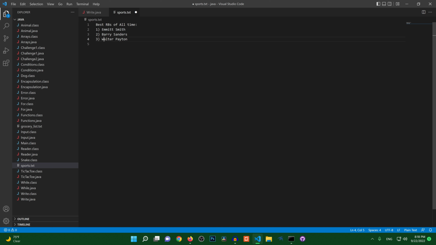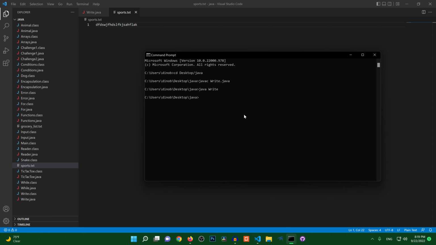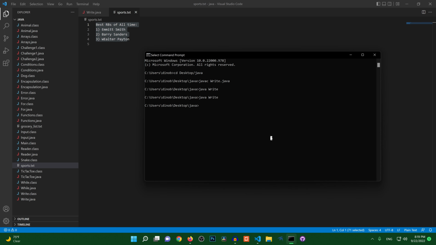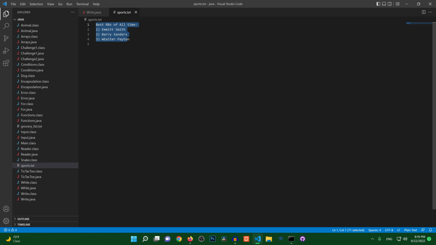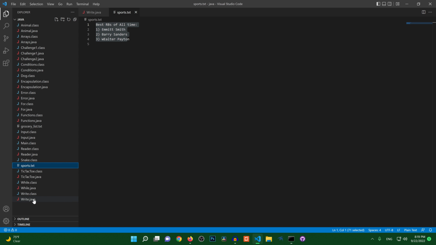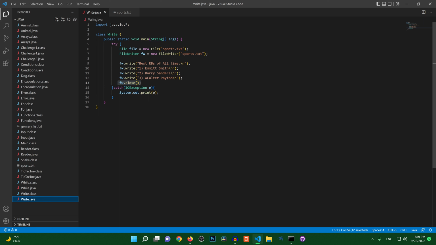However, there is a little bit of a problem with our implementation. Let me show you by writing a bunch of gibberish. So by putting all this gibberish, make sure that you save this. And what we're going to do now is just call our file again by saying java Write. And notice that it updated and it was able to save my running backs again. But if I call it again, notice nothing happened. And if I call it again, also still nothing happened. Why is that? Well, let's go back to our Write.java file really quick. The reason why that's happening, and let me fix this so it says Walter Payton because that's really bugging me,